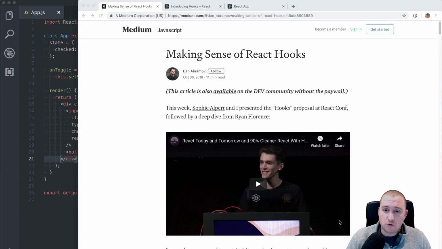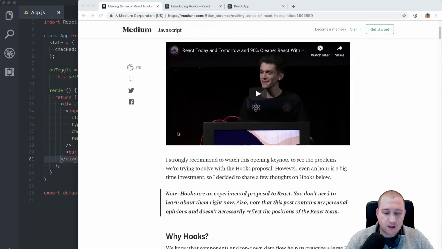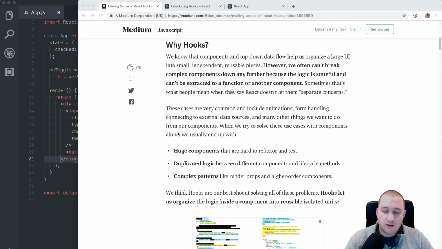But in short, hooks are a way for React developers to use state and other side effects and other React features from function components. So prior to React 16.8, if you wanted to use state in a component, you were required to write a class component. So the problem there, as Dan and others have called out, and the primary motivation for hooks is